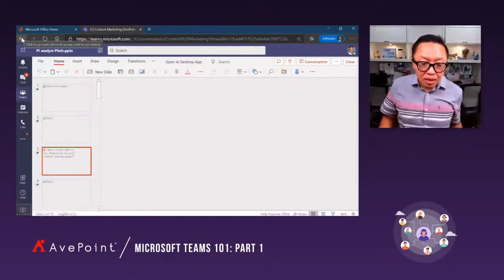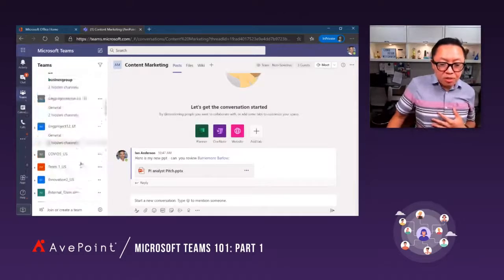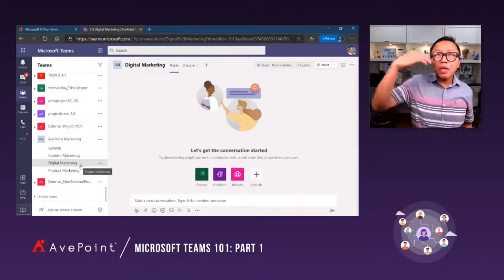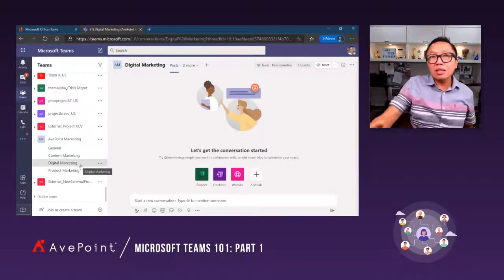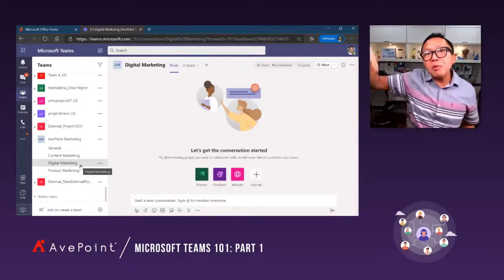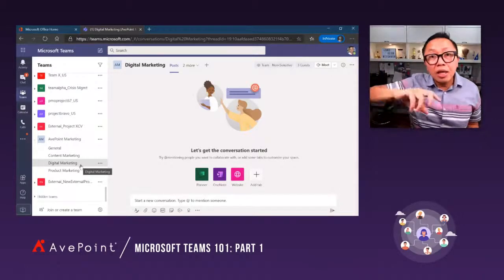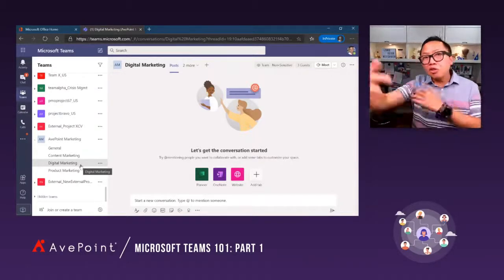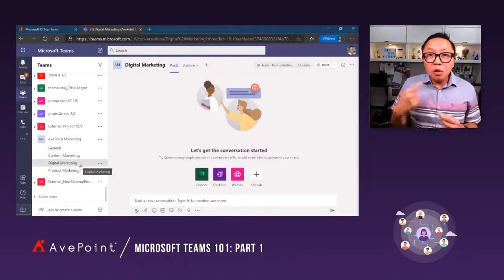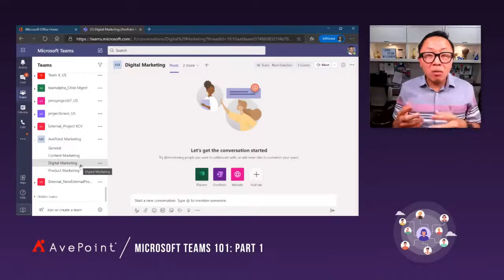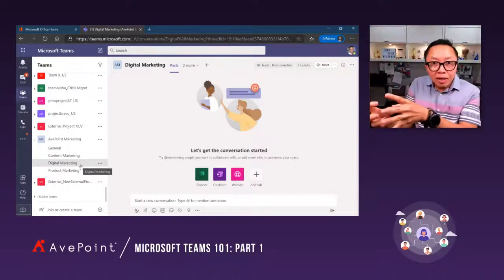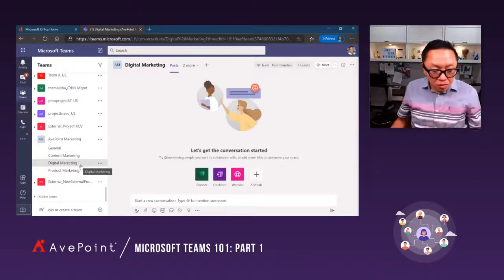It's cool because, here's the use case, some of us may receive an email from an external entity. Let's say a customer emails you and you think, wow, this email is pretty cool, I need to loop people in. You know how it is. You loop your internal people in, you talk about it, and then you respond to the customer. But instead of looping people in on email to talk about it, what if you can take that email and forward it to Teams, and then talk about it in Teams and figure out the solution.